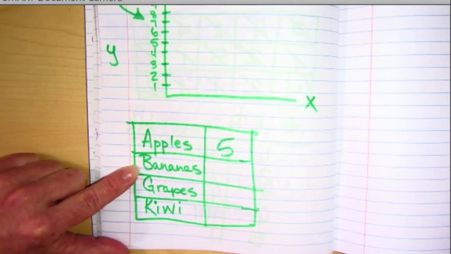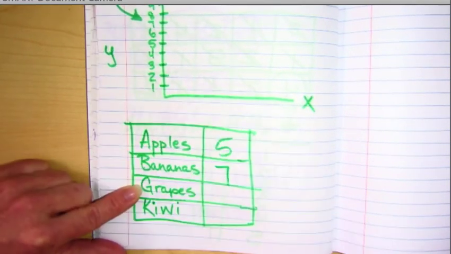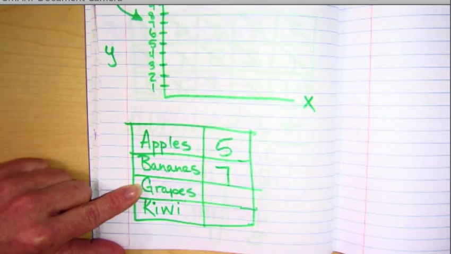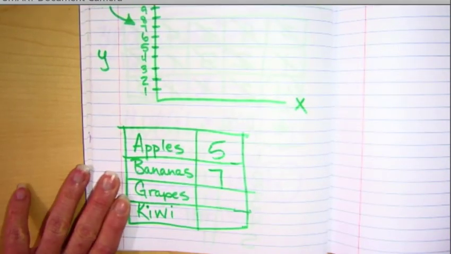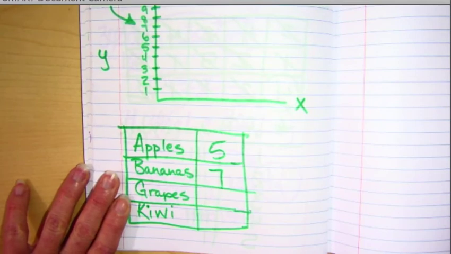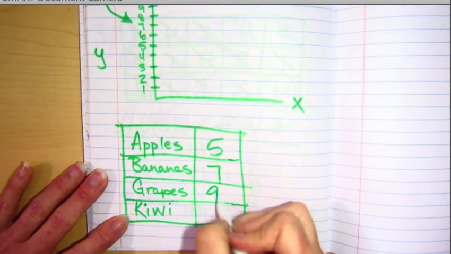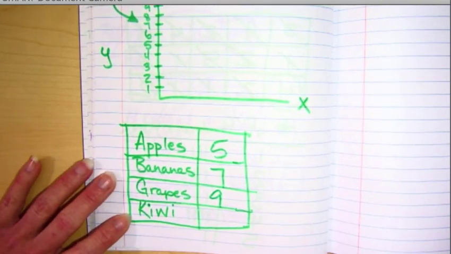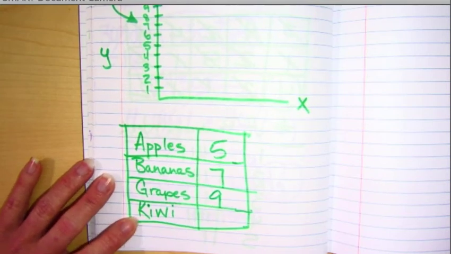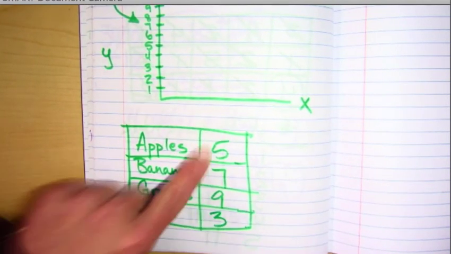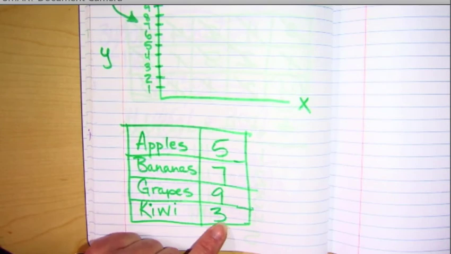Bananas. Raise your hand for bananas. 1, 2, 3, 4, 5, 6, 7. Grapes. Hold on. 1, 2, 3. Hold on. Different people decided to vote. Put your hand up high for grapes. 1, 2, 3, 4, 5, 6, 7, 8, 9. We got lots of grape fans. Okay, guys. 5, 4. One more. Kiwi. If you want to vote for kiwi, hold them up high. Interesting. Kiwi was my winner the last time. 3.